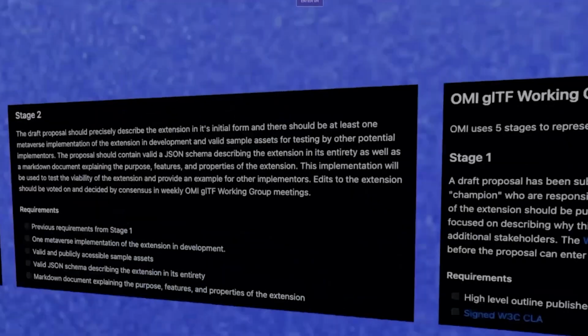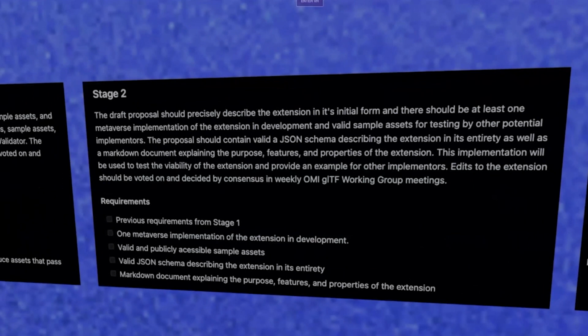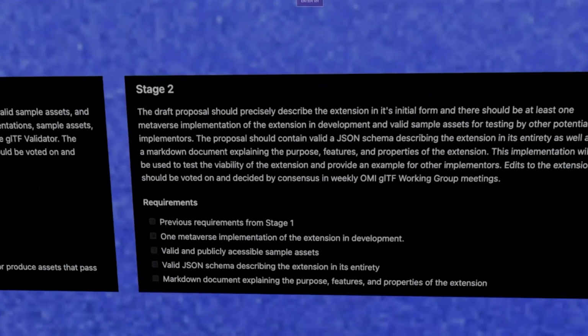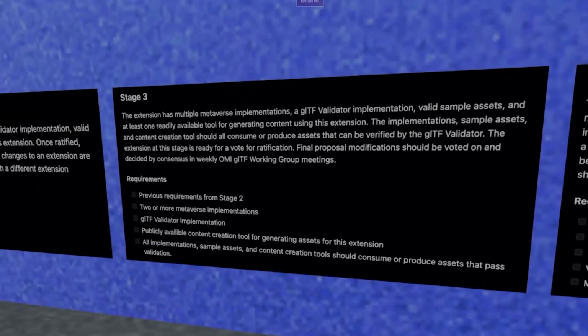After things are voted on for stage one, stage two has requirements for how many platforms have implemented it, how far along this extension is in its usage, and how many tools are built around it so that you can actually create things. Even at stage two, you don't really need all of the tools; we start working that into the later stages.